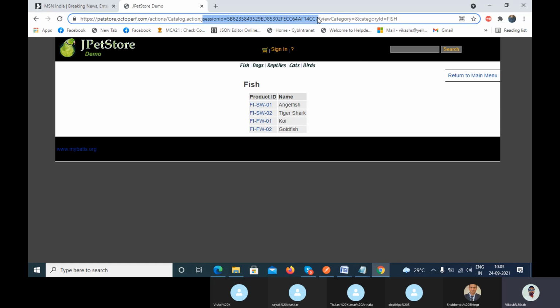This session ID is assigned for this particular user, and the same session ID will be assigned to all the actions I do here, so that the browser understands it is the same person doing the actions.